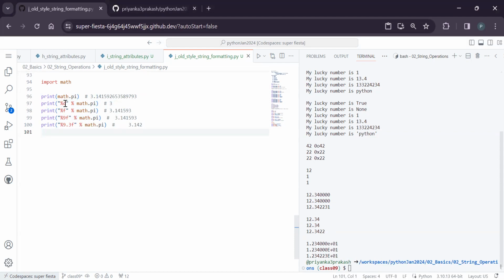See, if you look at %d, what does it mean? It is converting that to an integer. Observe that it is converting to an integer. Then if I do %f, it is converting to float as it is, with 6 digits post decimal. Instead of 9-2, as the next digit is 6, it became 9-3. Lastly,